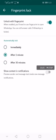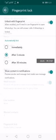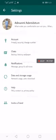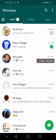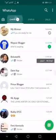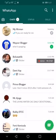Now to make sure that WhatsApp sends you a notification on your lock screen, toggle to enable show content in notification. Now go back. Now you can see this is set. When next you just go back, your WhatsApp will be locked with fingerprint. So whenever you have a message on your WhatsApp, it will be locked and no one will see it. It will only be you and you alone. However,